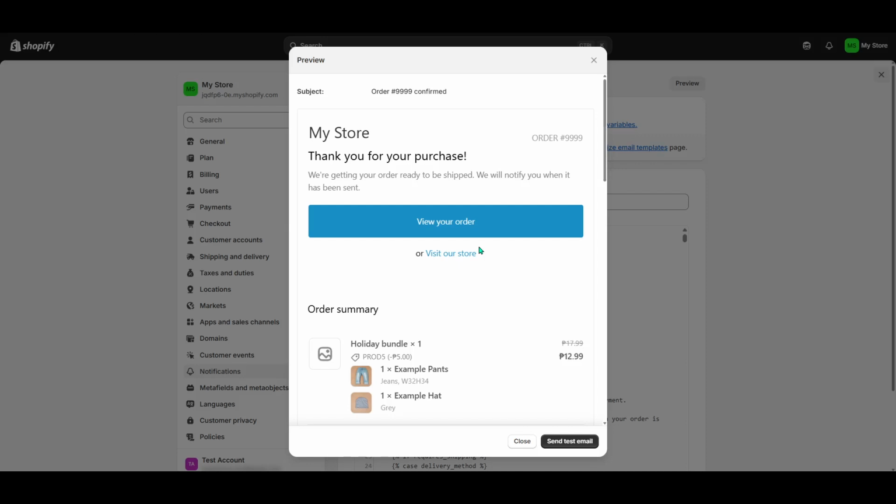That's the simple process for customizing receipts on your Shopify store. By following these straightforward steps, you can ensure that your store stands out and continues to impress your